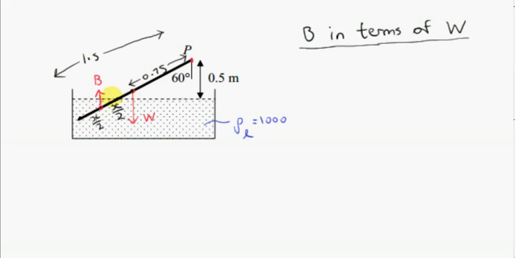So as before, B is equal to the weight of the liquid displaced by this part of the rod. Well, actually we are applying Archimedes' principle here, not the law of flotation. By Archimedes' principle, B is equal to the weight of liquid displaced by the immersed part of the rod. And to get that weight of liquid, we need to get the volume of the liquid displaced by the immersed part of the rod. The volume of the liquid is equal to the volume of the immersed part of the rod,